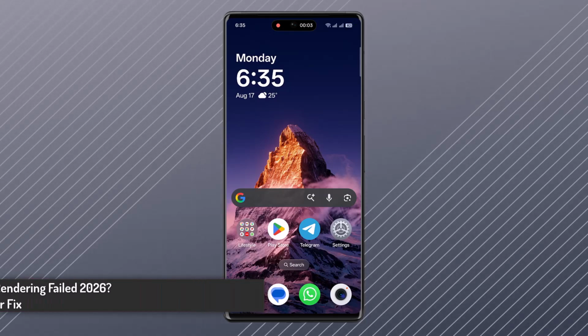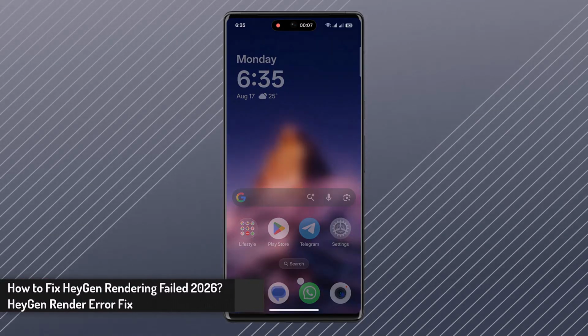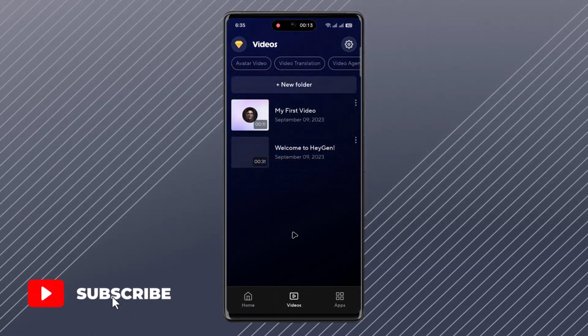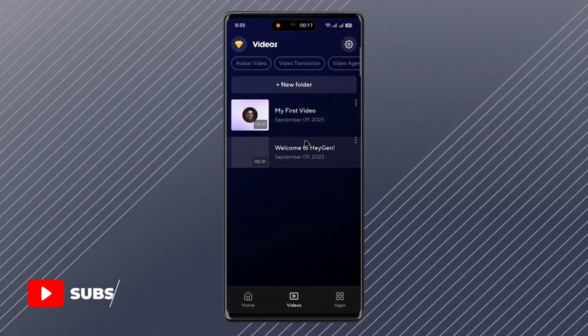How to fix HeyGen Rendering Failed. If you're trying to render a video on HeyGen, right? So when you open HeyGen and maybe you go to the video section from the bottom, and here you have a certain video that maybe you have exported or maybe any of the other settings, but it is failing to